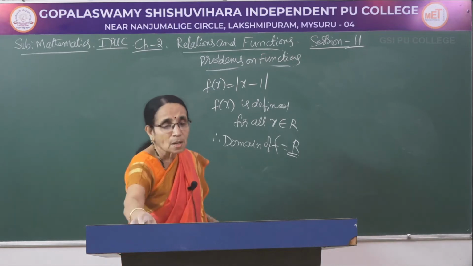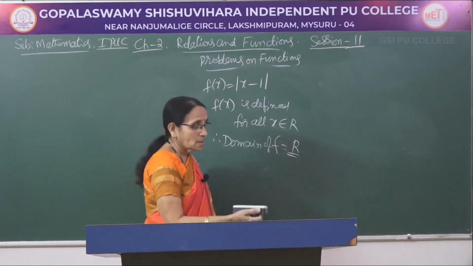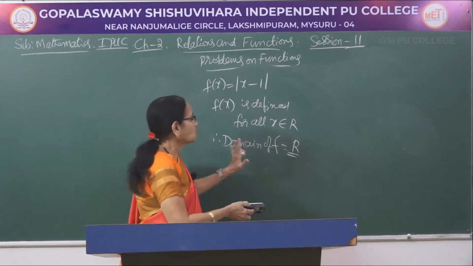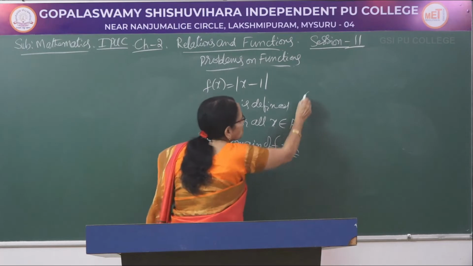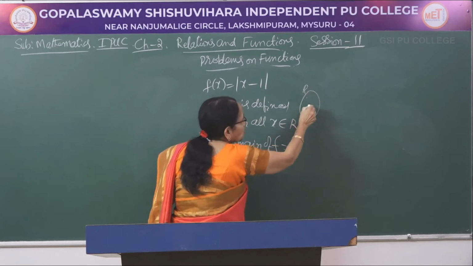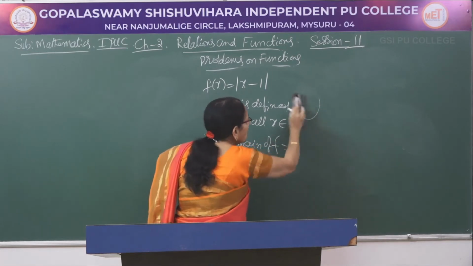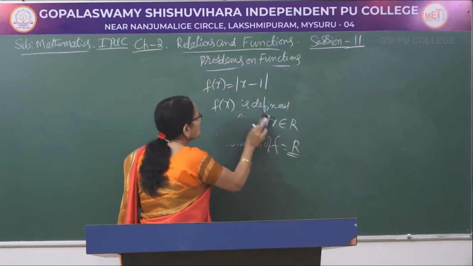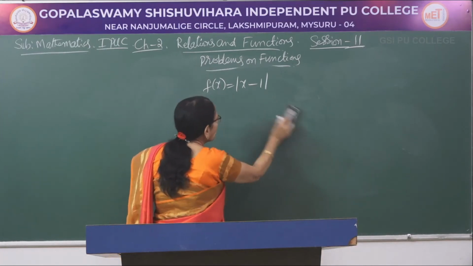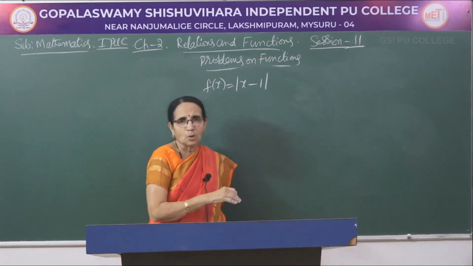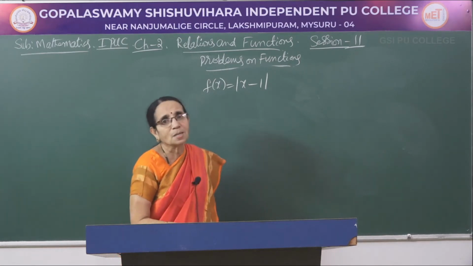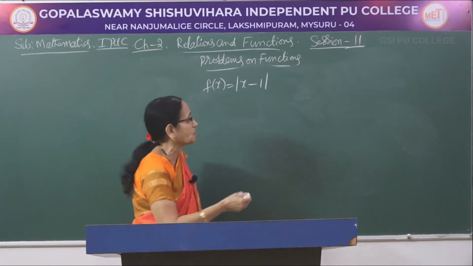Now, let us come to the range part. Domain is fixed, isn't it? So, we can give any real value. This is the set of real numbers: 1, 2, 3, 4, etc. All numbers would be present. So, it is the domain here. Now, let me consider what can be the images of the numbers here. When you give different values for x, what would be the respective images of x here?